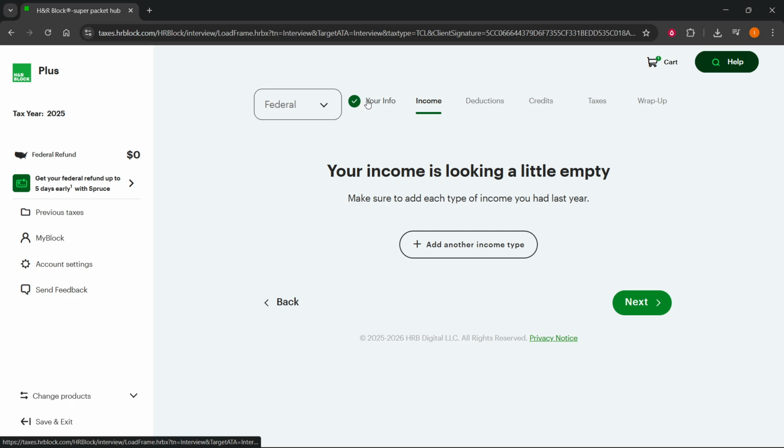So this one, the first tab is your info. You have to put in all the information, of course, add what's missing, etc., until you complete this and get a green check mark next to it. When you do, you'll go to the second tab here, which is called Income, and you'll basically have to answer some questions at the beginning, and then eventually you'll come to this page, which will say your income is looking